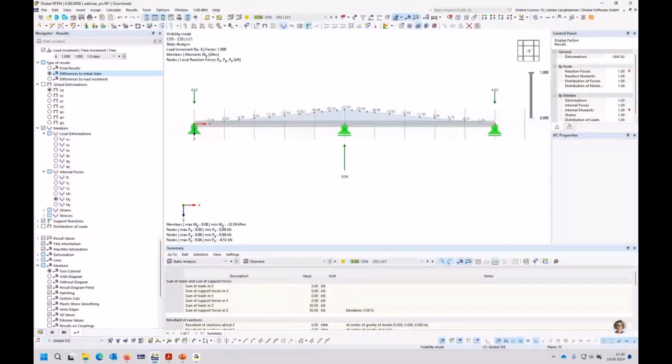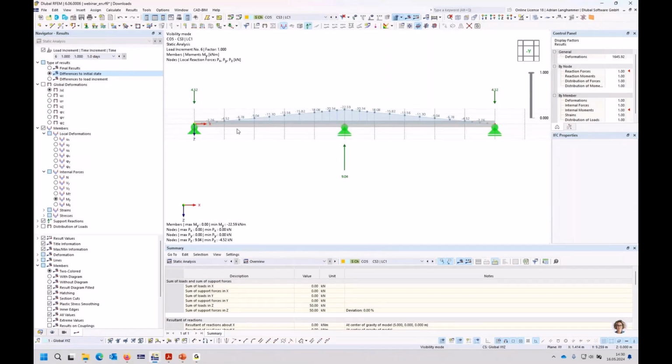The TDA, time-dependent analysis, uses here a rheology model, which works based on so-called Kelvin-Maxwell chains. This means that due to the consideration of creeping, there is not only a simple reduction of stiffness, like it could also be done in a more simple way to consider creep. Here there are used elements